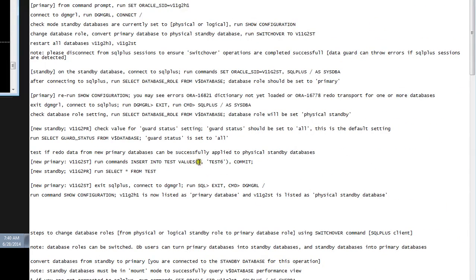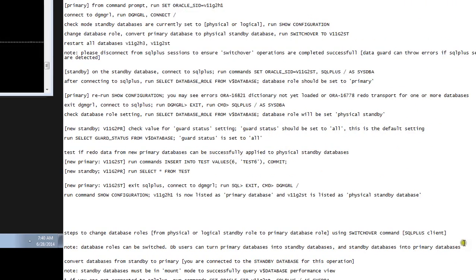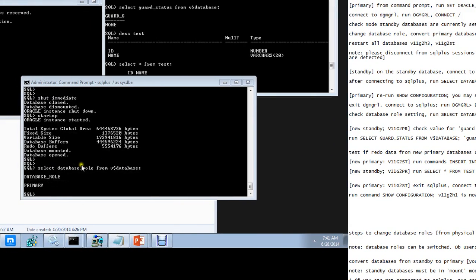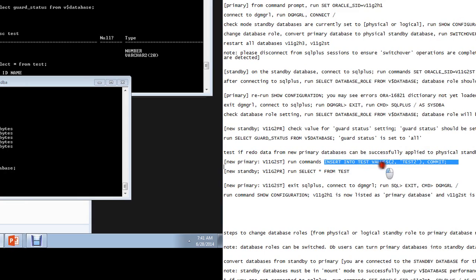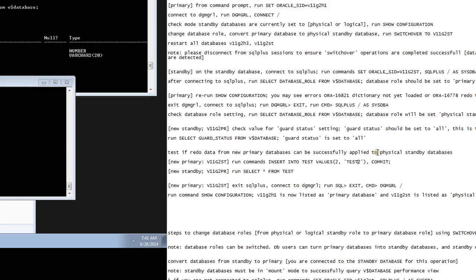So now I'm gonna do an insert into test values. Again, it's gonna be very confusing because the old standby is a new primary, and the old primary is a new standby, so it's gonna get confusing. But it's still important that we do this. So on the new primary database, which is this one at the bottom, I want to run an insert statement, and then values are going to be 2 and then text 2. Okay,